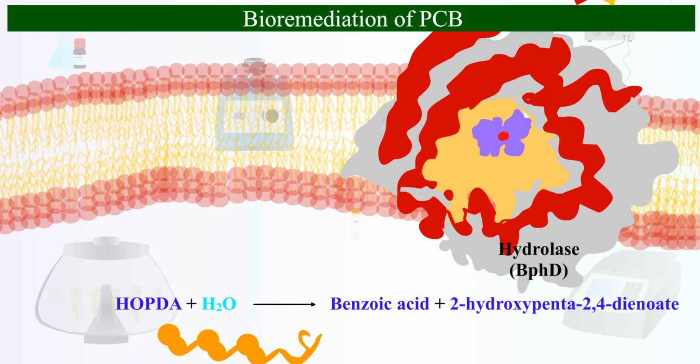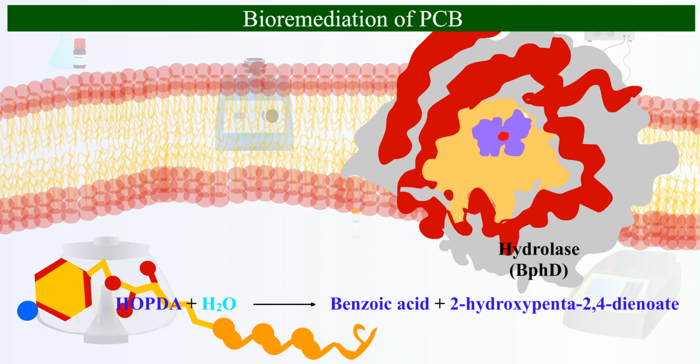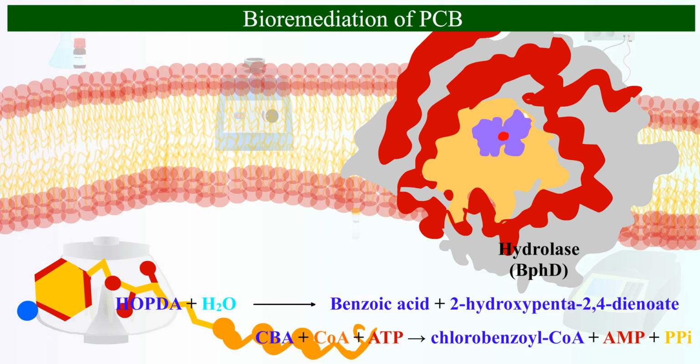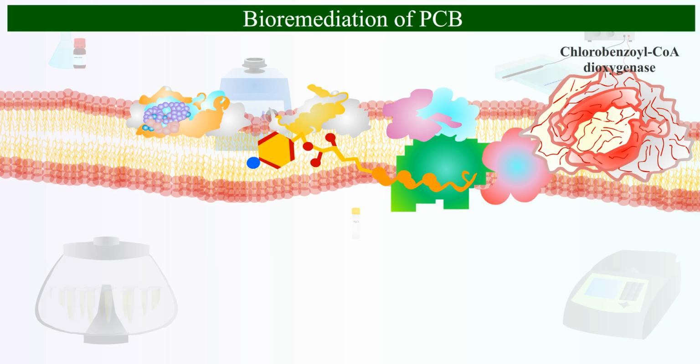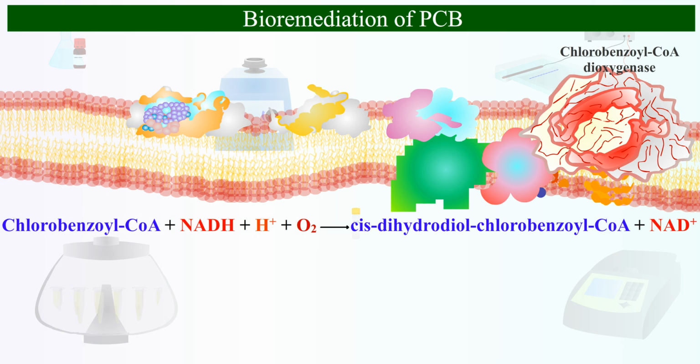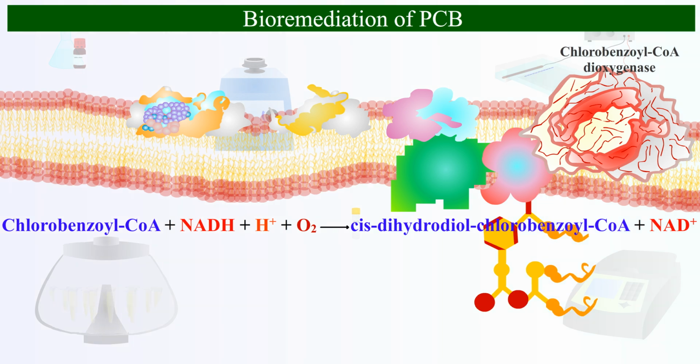The enzyme hydrolase, or BPHD, will split the linear intermediate into chlorobenzoic acid, or CBA, and smaller aliphatic compounds. This is still partially chlorinated, so it undergoes dechlorination and hydroxylation via the benzoate or catechol pathways. In that process, CBA is enzymatically converted into chlorobenzoyl-CoA by a CoA ligase with the expense of 1 ATP, by the enzyme chlorobenzoate-CoA ligase. The enzyme chlorobenzoyl-CoA dioxygenase will convert chlorobenzoyl-CoA to dihydrodiol-chlorobenzoyl-CoA and NAD+ with the help of oxygen,